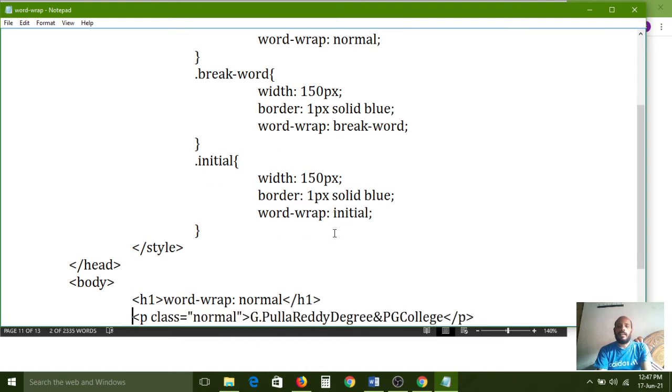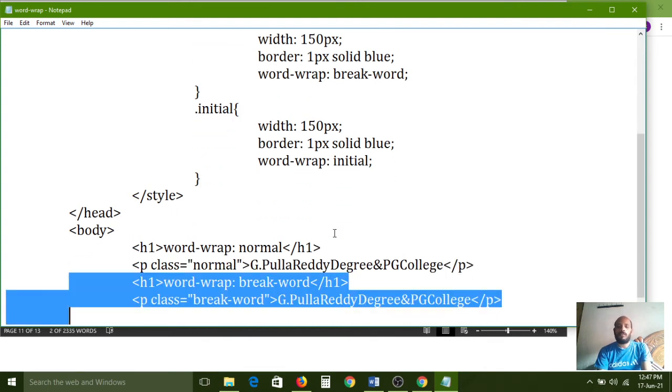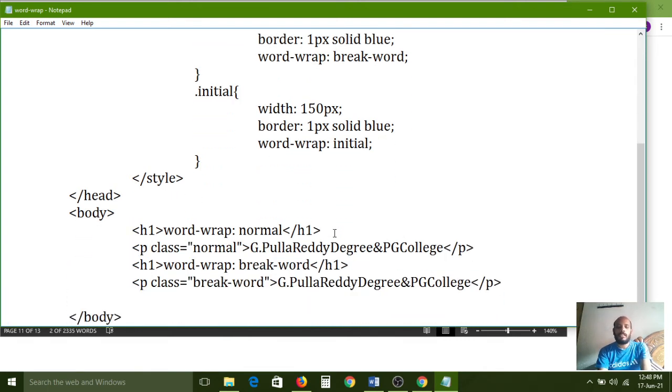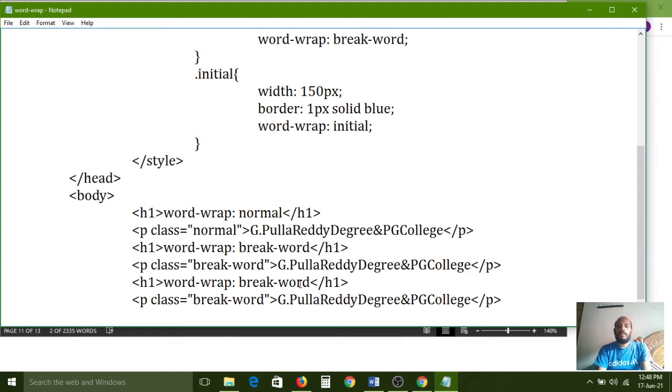Right? And again I need to copy these two elements and paste them in the next line. Instead of break-word we need to mention initial, and here also the class name INITIAL.